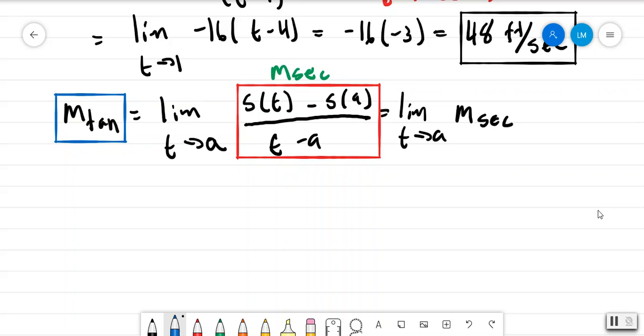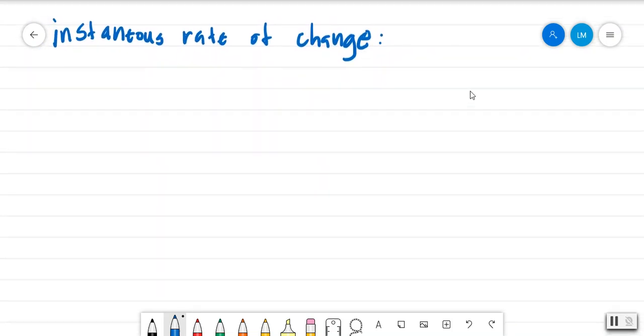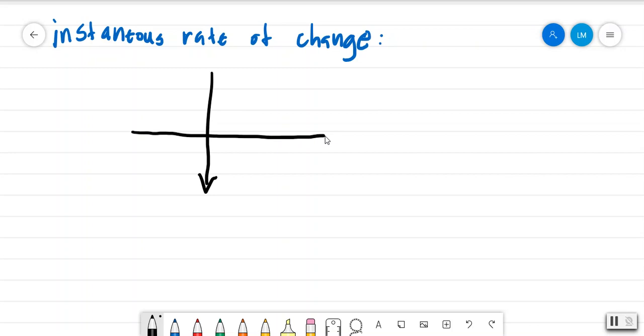So for example, usually whenever we use the definition of the instantaneous rate of change, we usually will have that there's two forms that we can use for the instantaneous rate of change. So for example, if I was to go back to technically my diagram, and we were to draw the diagram where we have